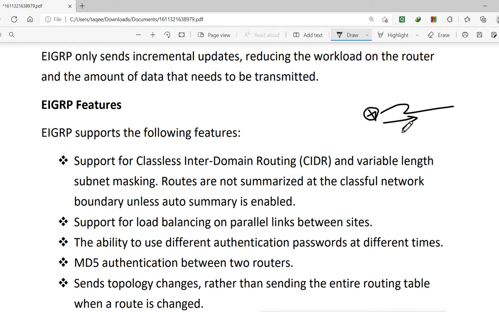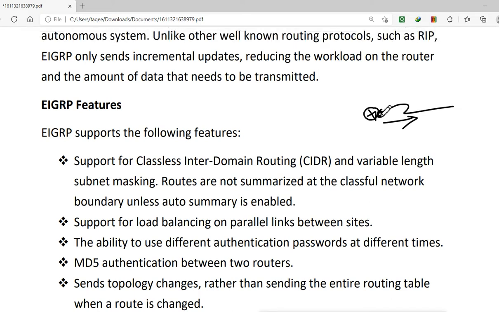So we can configure that, and we can do that on an interface basis. In OSPF, we configure the route summarization in the protocol itself with areas. But in EIGRP we configure the summarization only on that interface. On that interface we configure the summarization, saying that when you send the route to this side, then summarize the route. If you don't want it, then you will not do the summarization. It is not needed basically because it sends incremental updates.